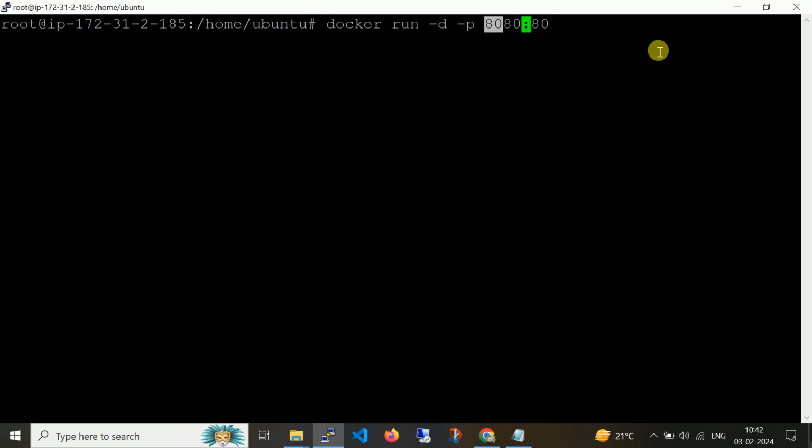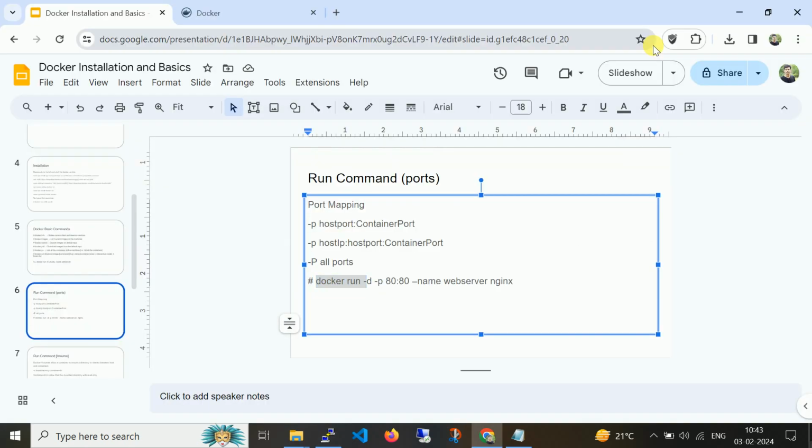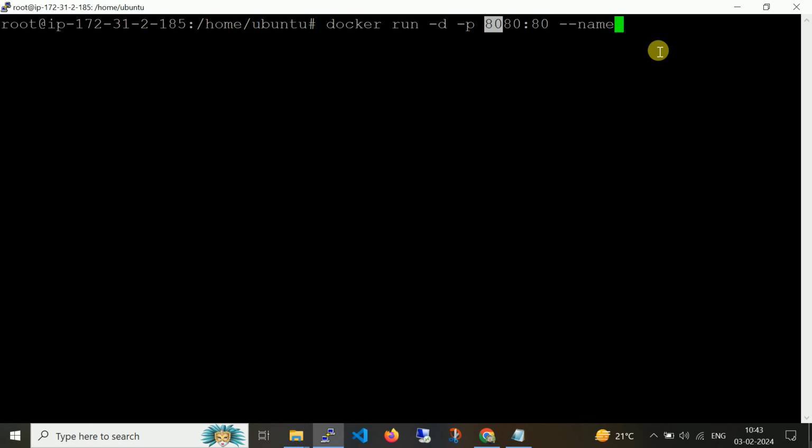For example, if I want to change the internal port number which the Nginx is using, then I need to create a custom image and apply it, because currently I'm using the official Nginx container image. That's why it uses the default port 80. Now --name, let's say web, and the image of the web server.